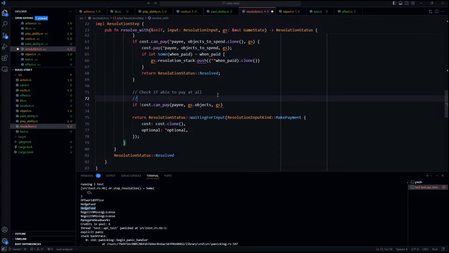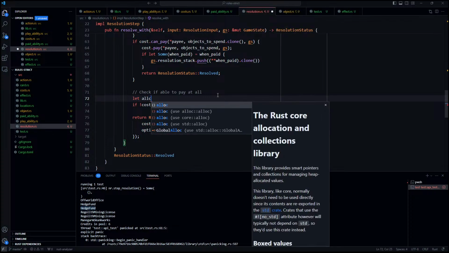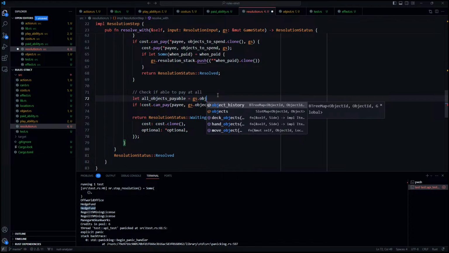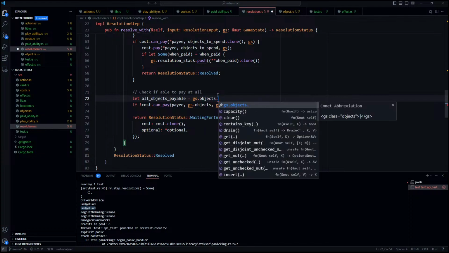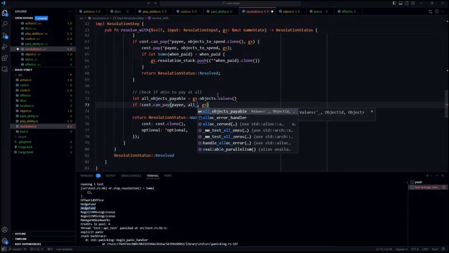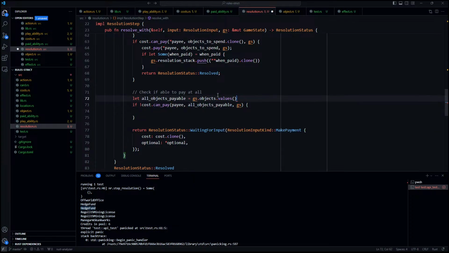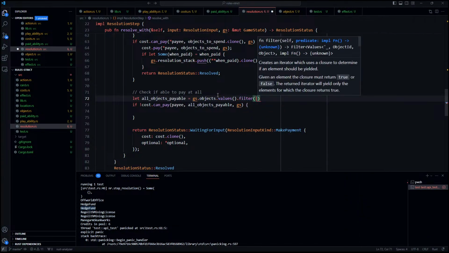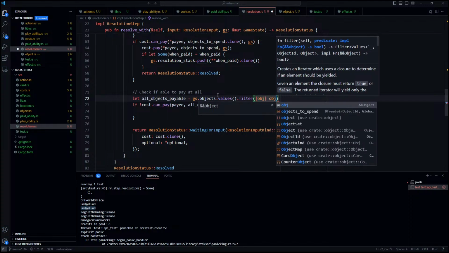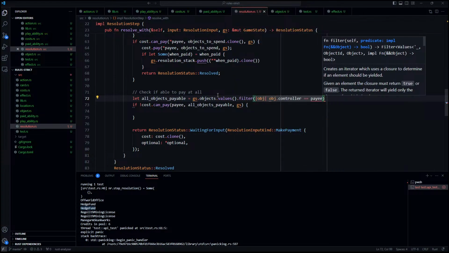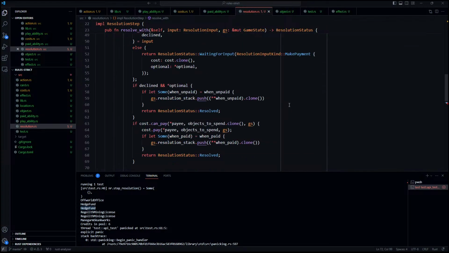We'll say let all objects payable equal gs.objects.values.filter. So we can start by filtering for where the payee is